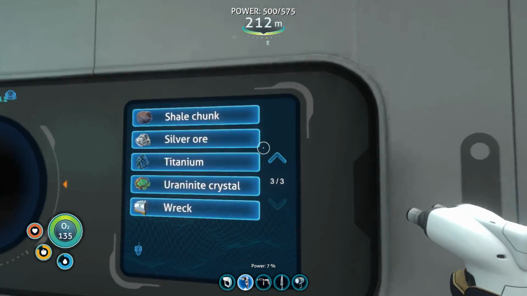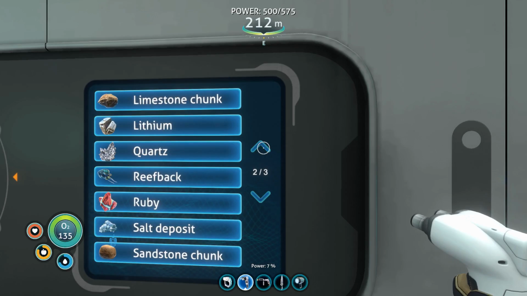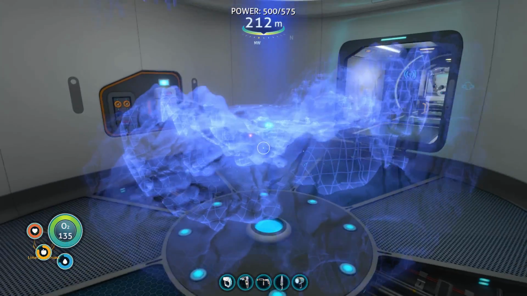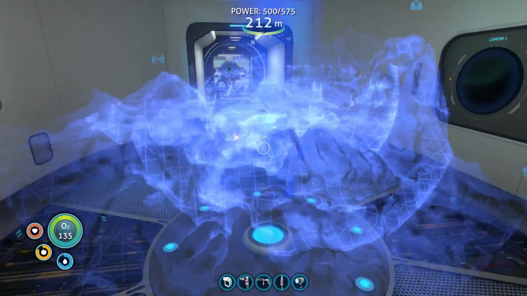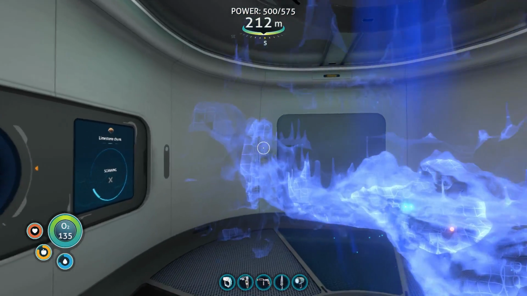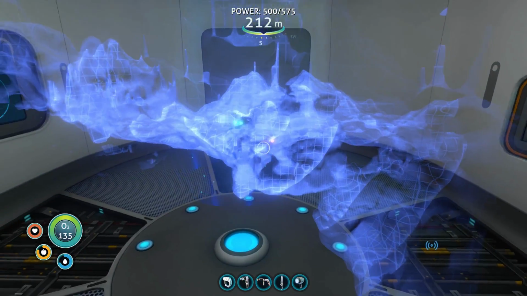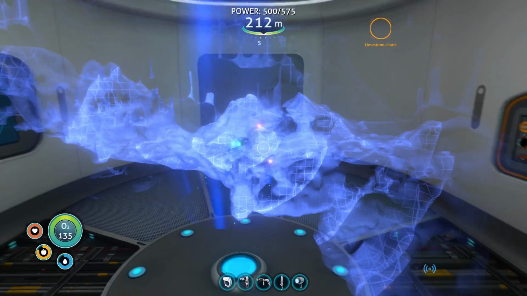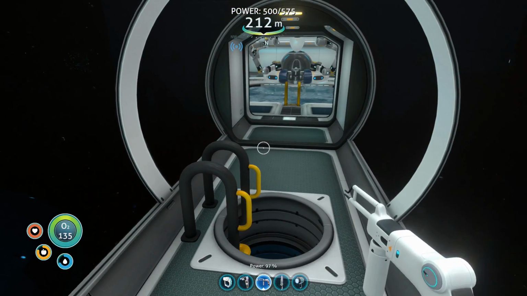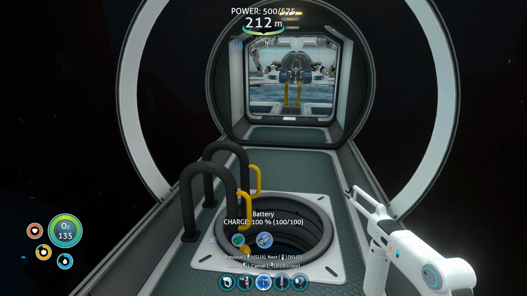Yeah, forget that. Instead, let's go with the limestone chunks. Should be able to find those all fairly quickly. And there should be a ton up here in this shallower area. Okay. Now that we've done that, I think we can...